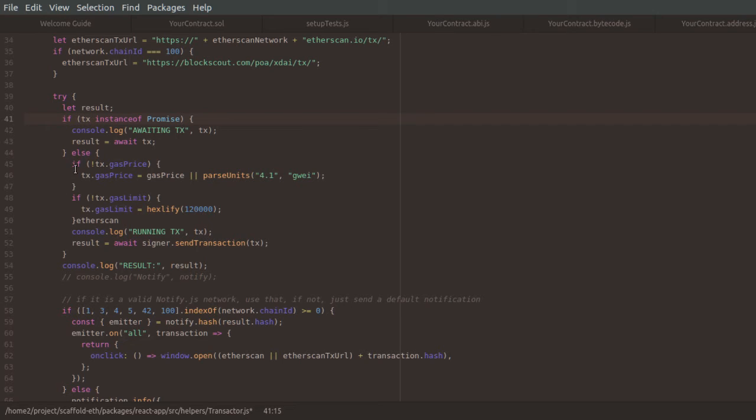Otherwise, it finishes setting up the transaction, and then sends a transaction object. Send transaction is part of that Web3 ETH library, and it takes the transaction object and also takes a callback function, but in this case it's not using that. Waits for the result,